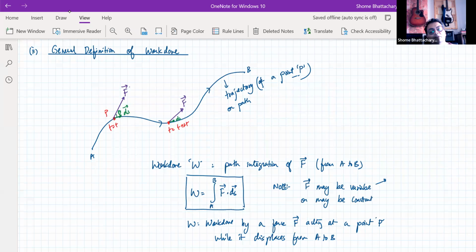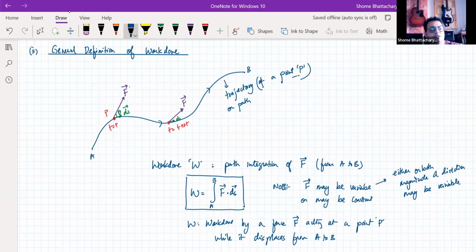So if it's variable, it may be that either magnitude or direction, or both, may be variable. So this is the general definition of work done by any force. As of now, first just understand the definition, and then we'll see how this can be applied in different situations. The definition is like this because the force is a variable, we cannot